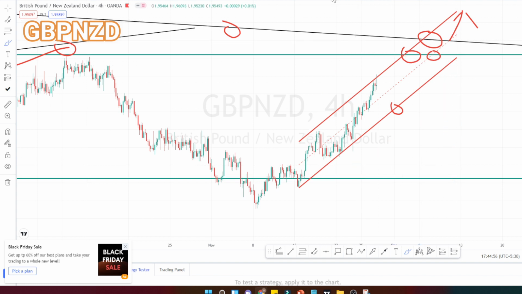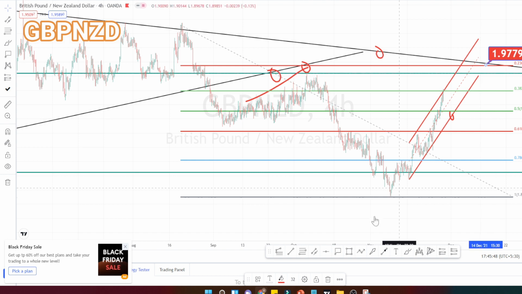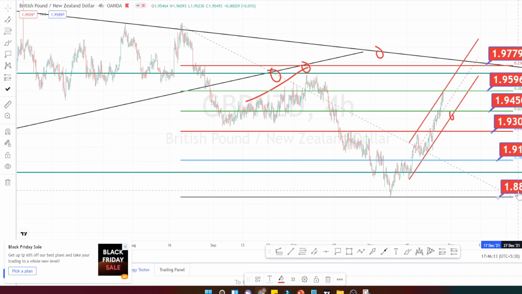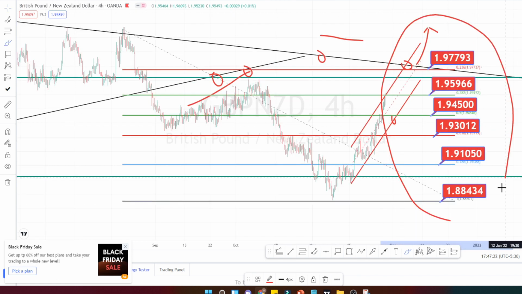Let us mark the trading ranges for Monday. This is going to be the resistance on top. Presently, it is testing this resistance level. This is going to be acting as a support. Next level of support is going to be here, and this is going to be the next level of support. And if it falls further, we can expect it to retrace 100%. This is going to be the 100% level retracement, which is around 1.8843. Please mark these ranges in your chart and plan your entry and exit based on the support and resistance level at the time of entering your trade.